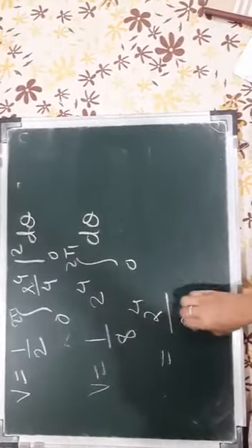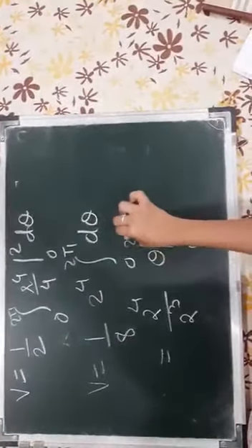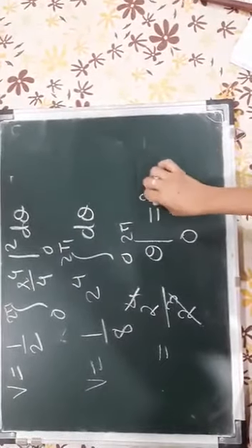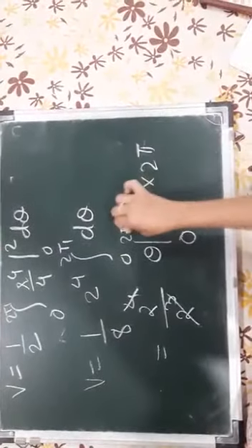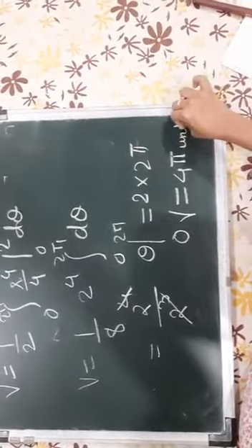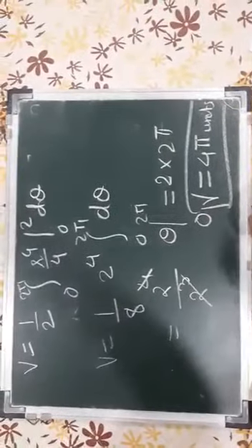integration 0 to 2 pi d theta is nothing but 2 raised to 4 is 16, or you can write this way also, integration of d theta is theta from 0 to 2 pi, so 2 cube gets cancelled, and hence you get 2 into 2 pi, substituting the upper limit. So your final volume v is equal to 4 pi units. So that is your volume of that region which is being bounded by those curves which are given.